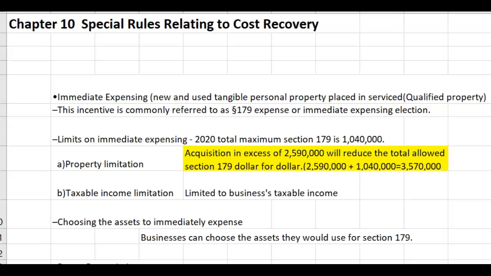You cannot expense an entire asset in excess of $1,040,000. There are some limitations for that, and the first limitation is the property limitation. Under the property limitation, the actual maximum amount available for Section 179 expensing, and that means you're going to write off the entire asset, you're not going to use modified acres. You can take up to